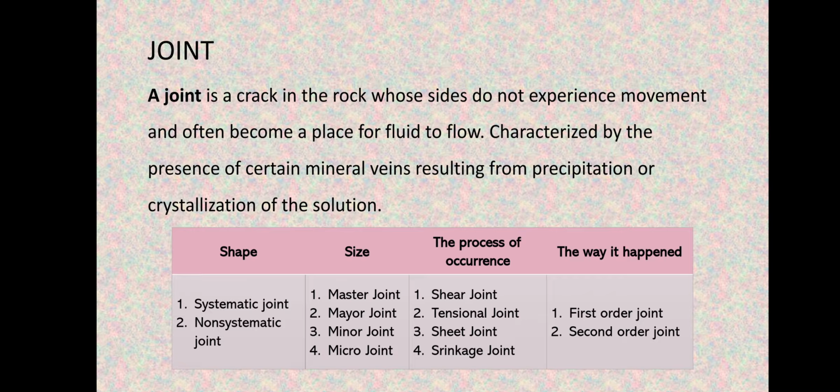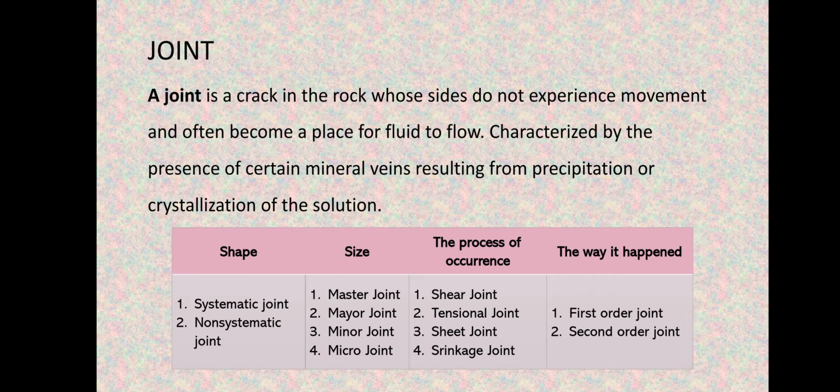Next is joint. Joint is a crack in the rock whose sides don't experience movement and often becomes a place for fluid to flow. Usually, joint is characterized by the presence of certain mineral veins resulting from precipitation or crystallization of the solution. In this table that I made, there are 4